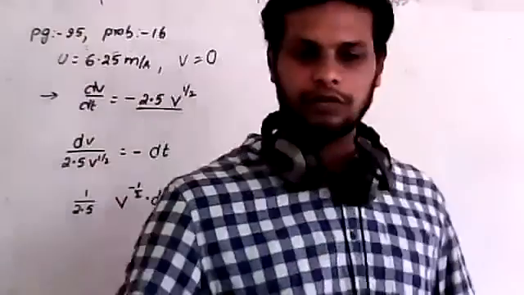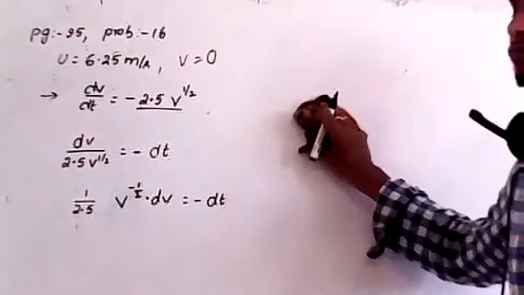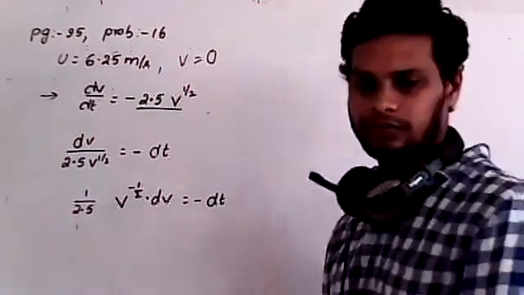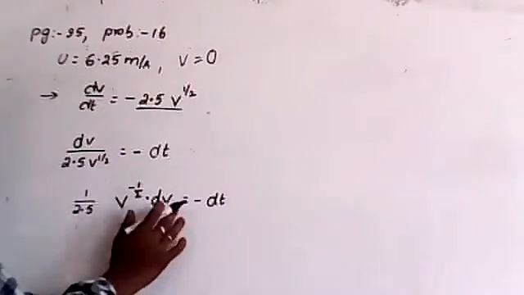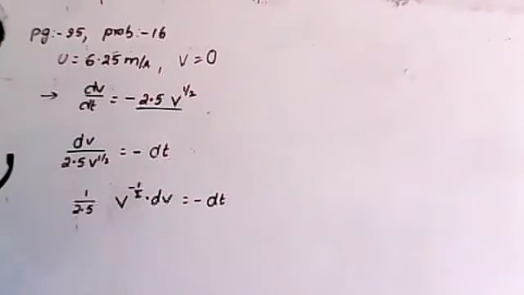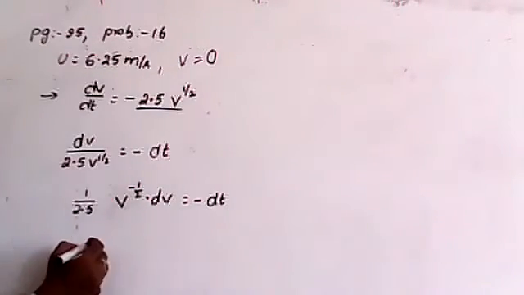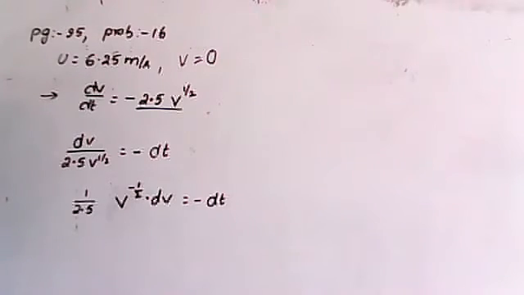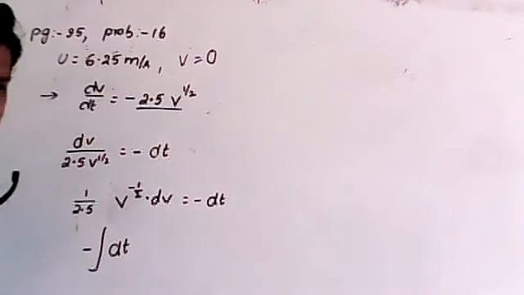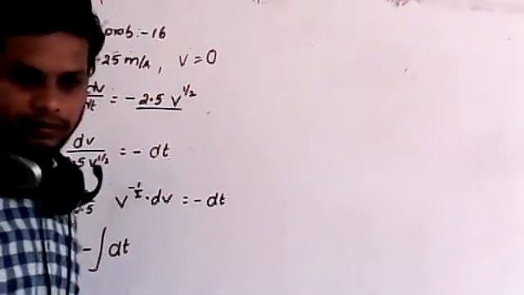How many of you understood this step? Did anyone not understand this step? Nothing is there, very simple mathematical calculations. We brought the v power 1 by 2 to the numerator, making it minus 1 by 2. Now integrate on both sides to get the total value. So I will write the integration of minus dt is equal to